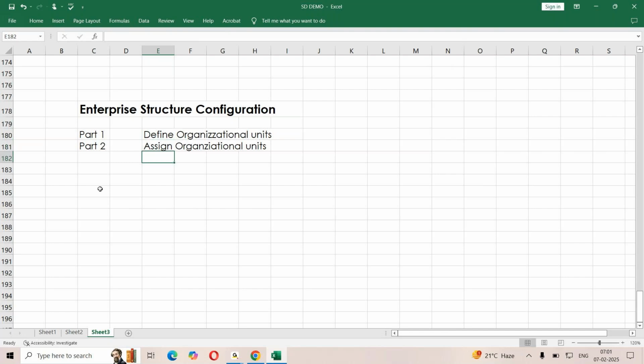We maintain the link between the organizational units. Two steps we are going to do. With these two steps only, your total enterprise structure configuration will be completed. Now, let me start doing the configuration in the system.